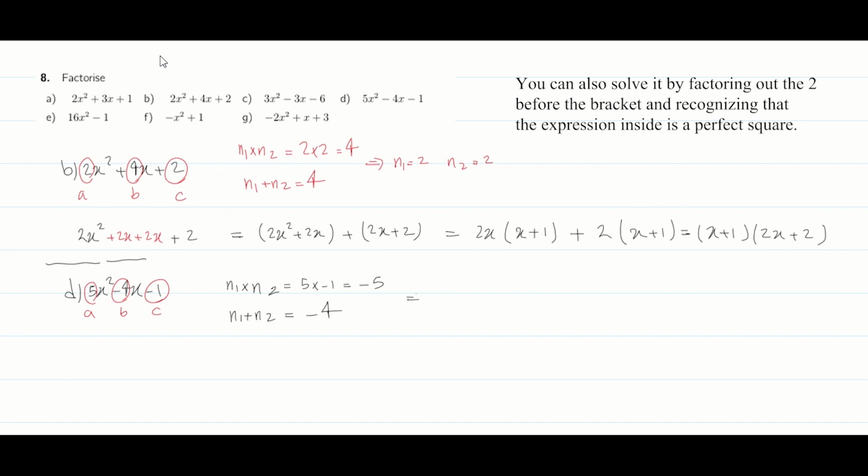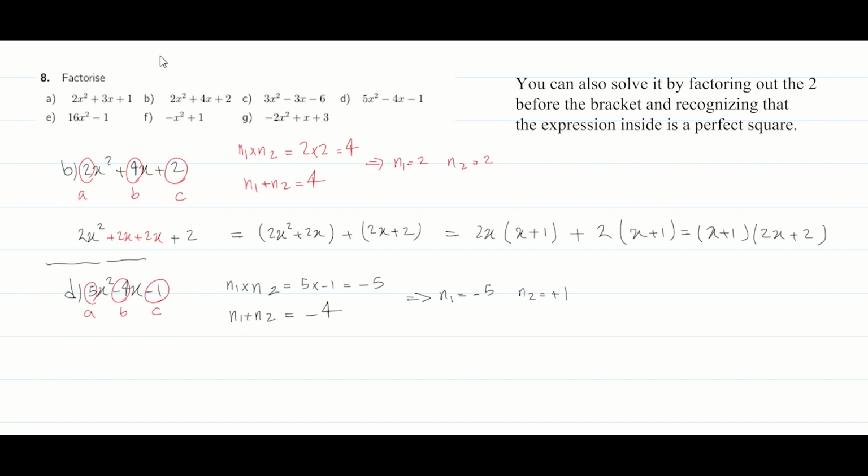So those two numbers would be negative 5 and plus 1. Because if you add them up, it would be equal to negative 4. And if you multiply them, it would be equal to negative 5. Now you're going to split the middle term of the quadratic expression into two terms using the two numbers that